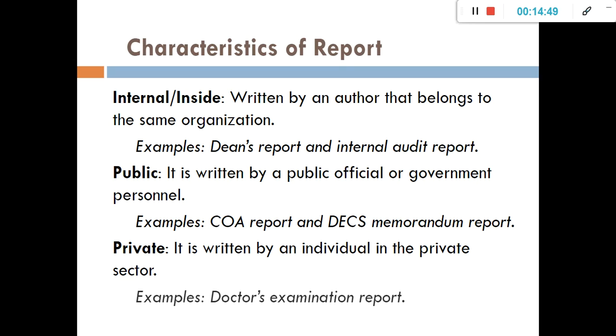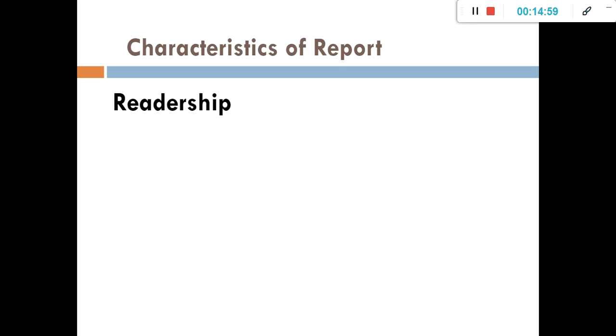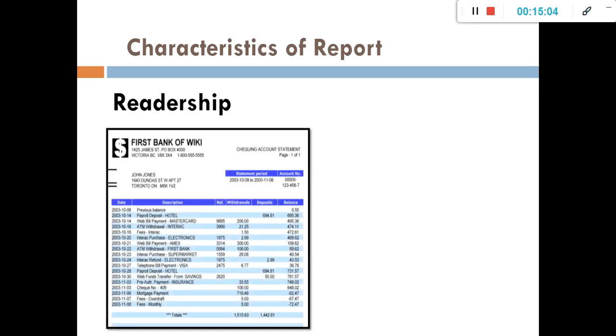Kasi ang SWS po, ang Social Weather Stations, is the private governing body po. Okay? Ayan. So, those are the characteristics of report, okay, na kailangan po natin tandaan, or classifications of report according to different items or different purposes po. Ayan. So, yun yung sinasabi natin with this one.